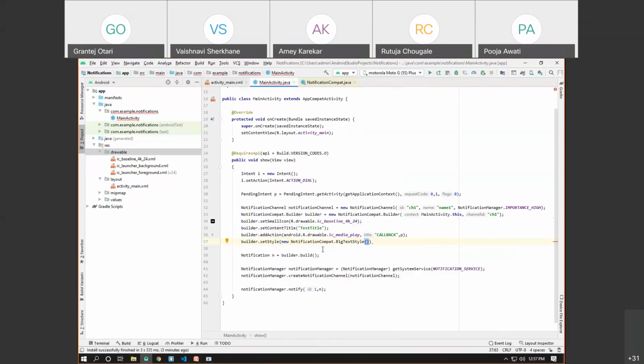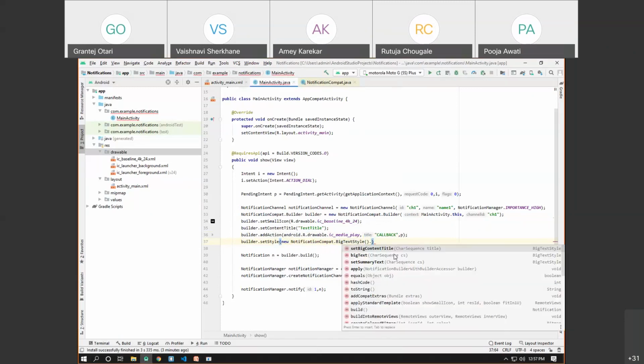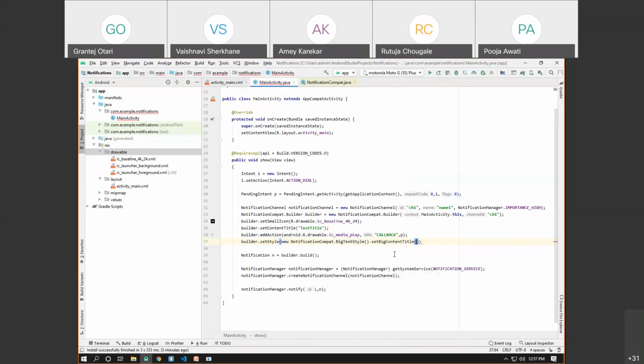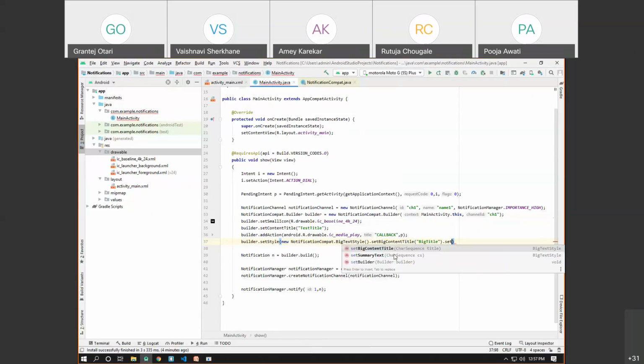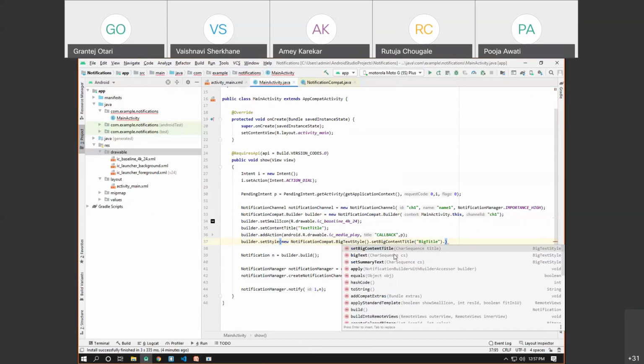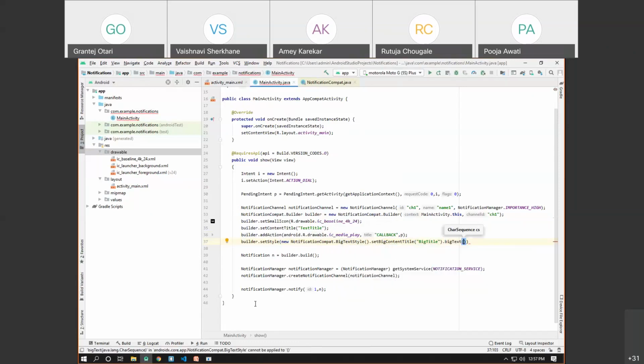As you can see, the big text style basically returns the style, and we can call different methods on that. So I'll call setBigContentTitle, and I'll call it big title. Dot setBigText. I need to set a big text here. So I'll open Chrome and copy some lorem ipsum from there.